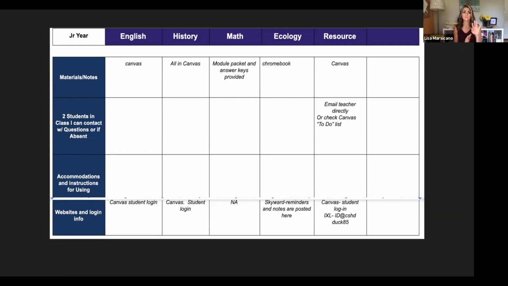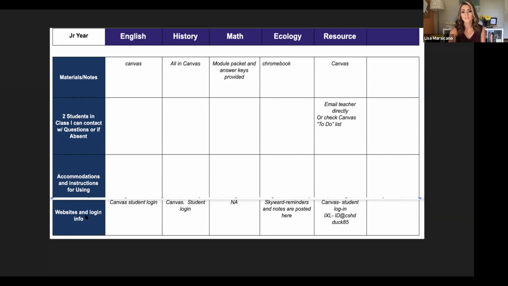You could even maybe ask the teacher to send a note to the class saying, hey, if anyone's interested in sharing information. Or I'm not sure how you're going to be able to see who's in that class, but I'm sure on Zoom you could even type into the chat and be like, anybody want to exchange numbers so we can talk about getting help on assignments or whatnot. And then if you have accommodations, make sure you know what they are, how you're going to use them for the class, and how you should be using them.